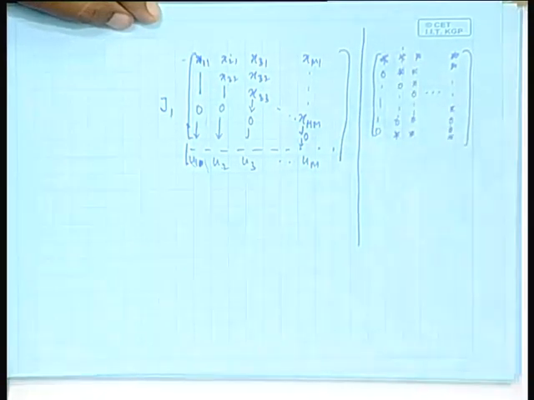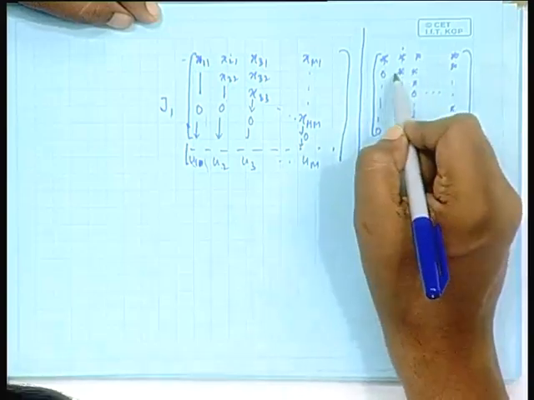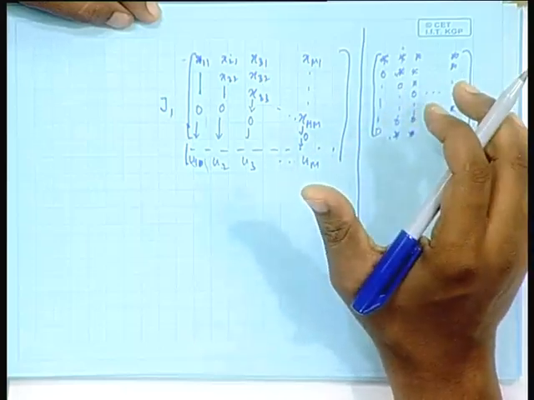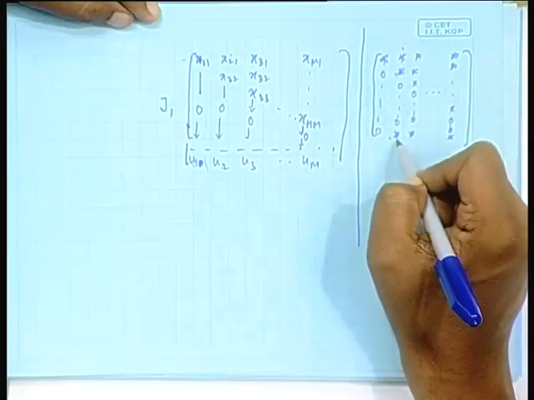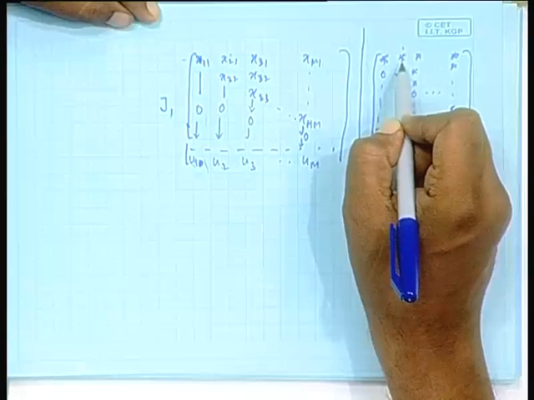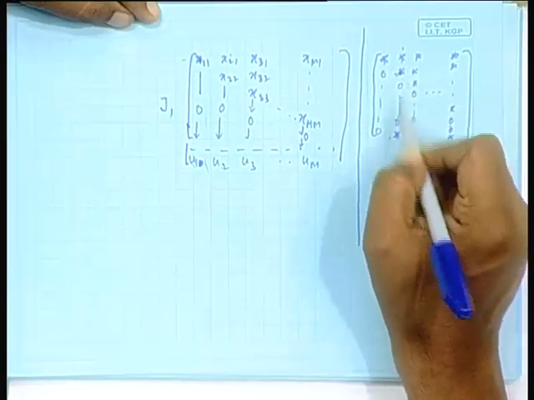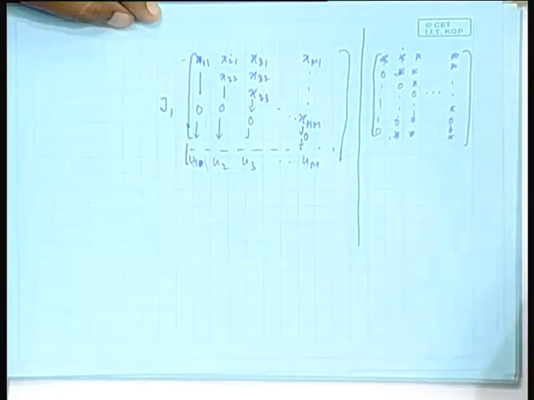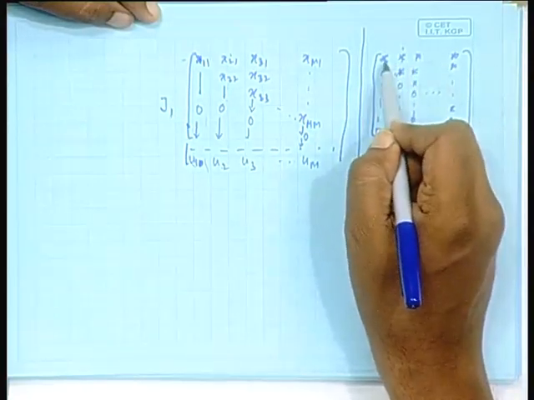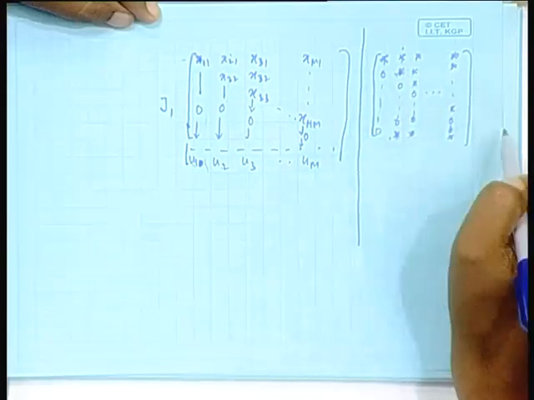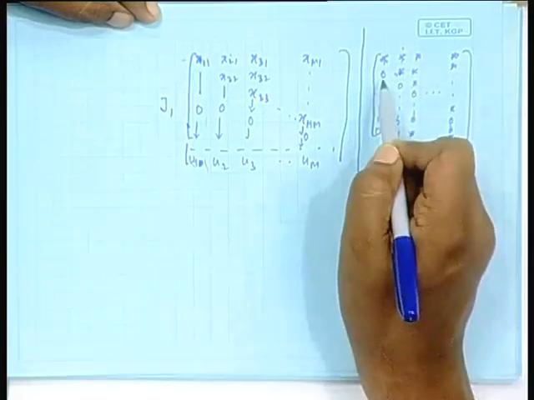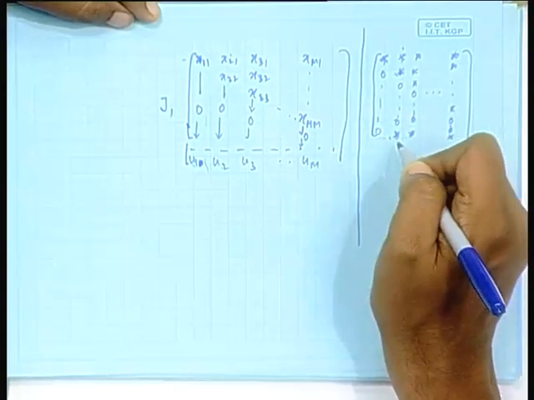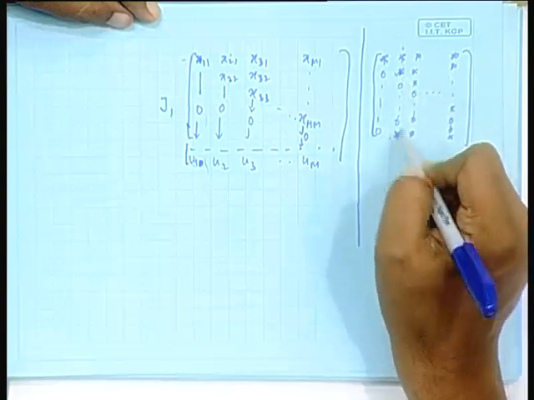Now, target the second entry. I will be considering only these two, and I will rotate so that this one is annihilated and this is kept fixed. I will only rotate this plane, the plane containing these two, corresponding to these two lines. If I rotate this and keep other directions intact, those coordinates will not change. This value will not change, this value will not change, other values will not change. In all the rows, only the second and last entries will change. The second is already 0 here, that will not get altered. The last one, so the second and last.